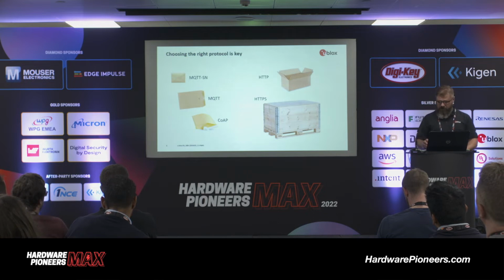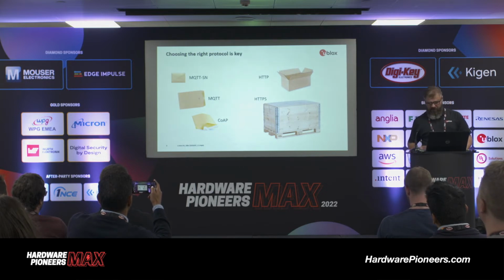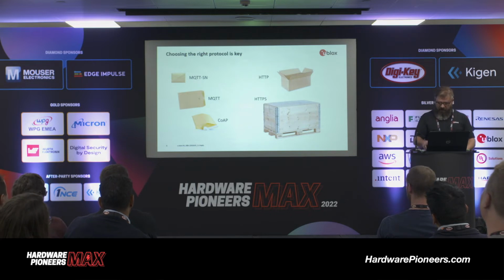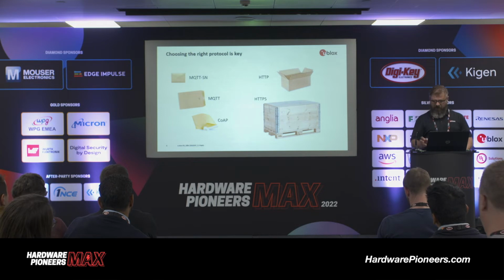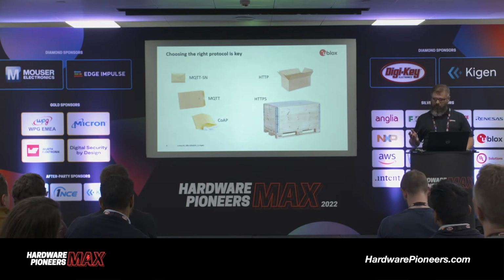And choosing the right protocol is key. To demonstrate this, we like to use the analogy of packaging. Think of your data or payload as a message you want to send, and the protocol as the packaging or envelope that surrounds that message. As you can see, there are a wide range of sizes and flavors available for this packaging, which can be quite small, such as the envelope top left, which represents MQTT-SN, moving up to CoAP, which might be represented as a bubble wrap envelope, and over on the right, other protocols like HTTP feel more like a large cardboard box.